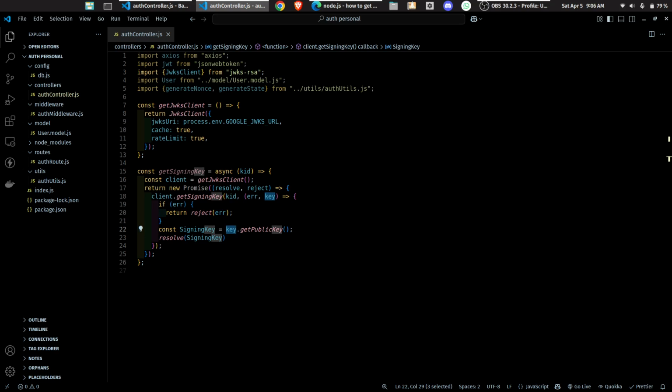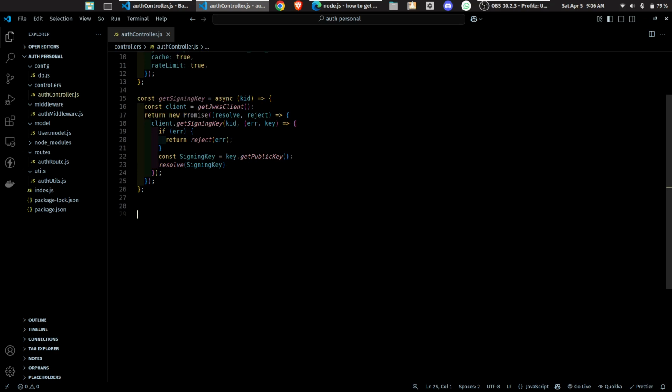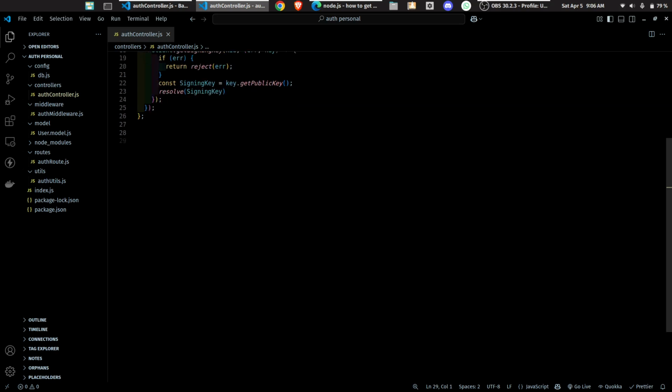Next we will be moving to a function to verify the ID token using the signing key. We have found the signing key and we have also returned it as a promise. So when we use the get signing key function next, then we'll be able to use that key as well. Let's say const Google token as async, verify Google token. I will be verifying the tokens. Let's say if we do try catch const